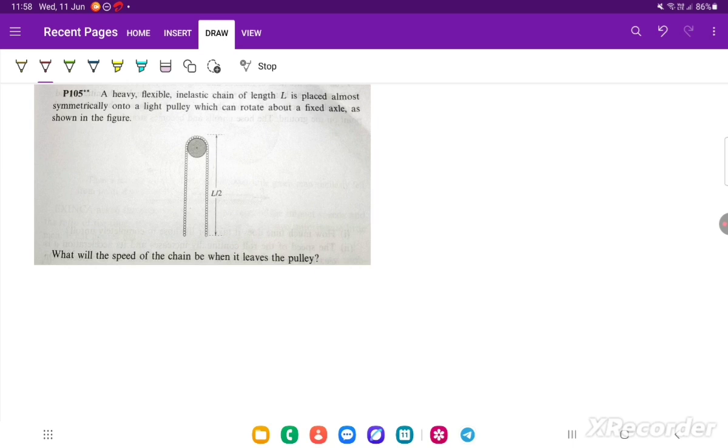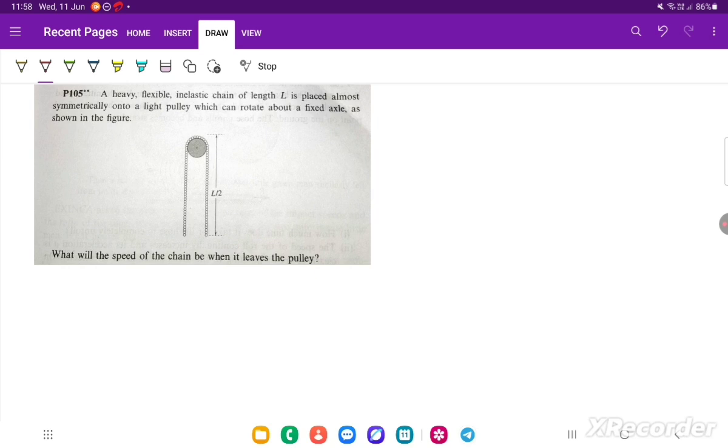A heavy flexible inelastic chain of length L is placed almost symmetrically onto a light pulley which can rotate about a fixed axle as shown in the figure. What will the speed of the chain be when it leaves the pulley, right? So